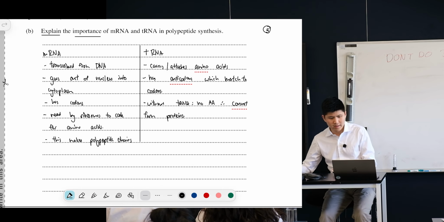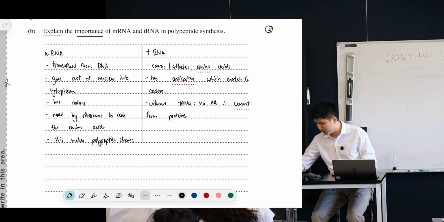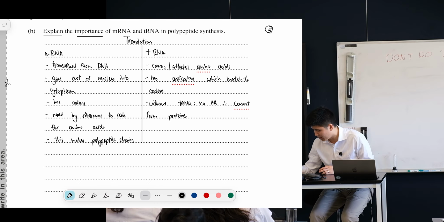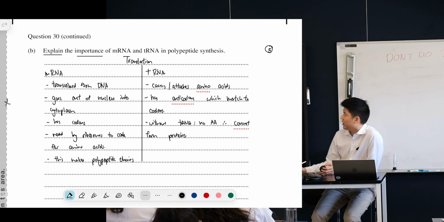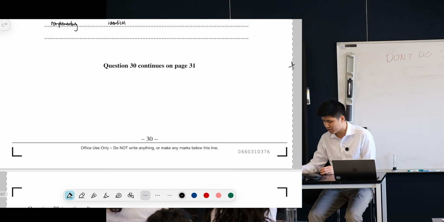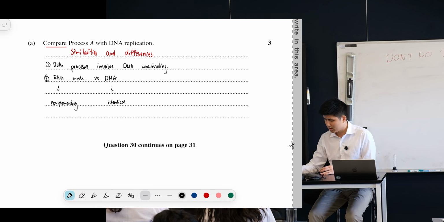I might mention somewhere here in this response that this process all falls under translation. Yeah, I think that's necessary. Otherwise, you might lose a mark. Just mention that these are important in translation, just as this stuff was transcription from earlier. All right, let's do